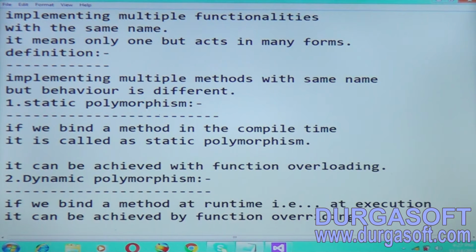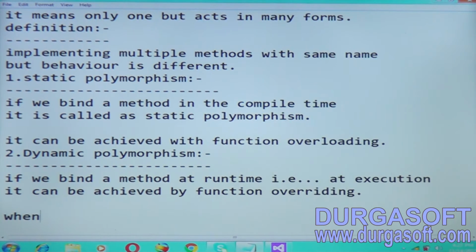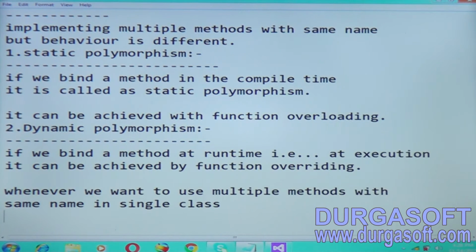So when will we go for polymorphism? Whenever we want to implement multiple methods with the same name in a single class, or a combination of base and derived classes, we will go for polymorphism.